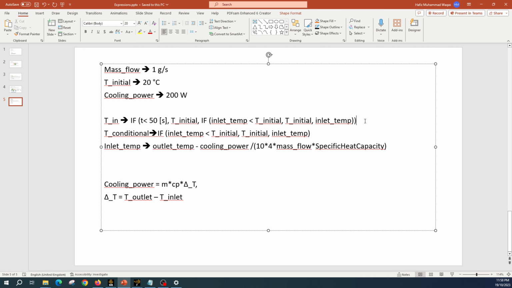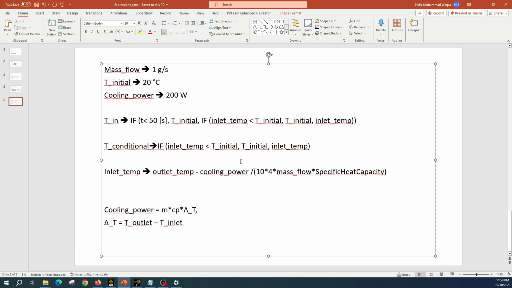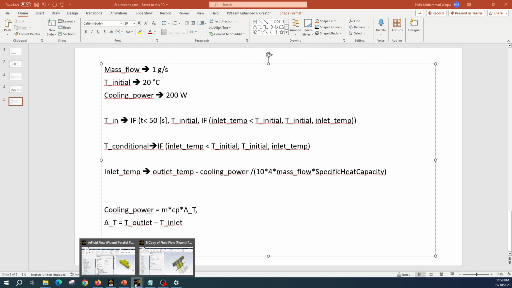We can do it like that, or we can reduce our expression to two expressions, but I prefer to do it stepwise so that if there is any mistake, it is easier to find that mistake. So now we have defined all of these parameters, and now we can run this simulation